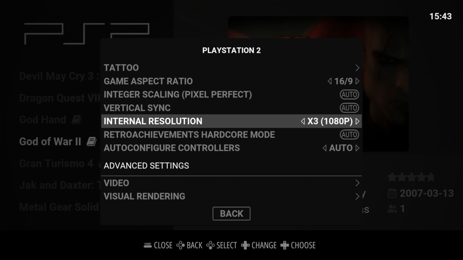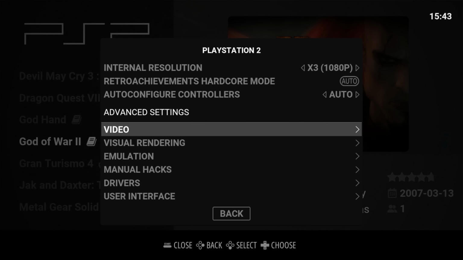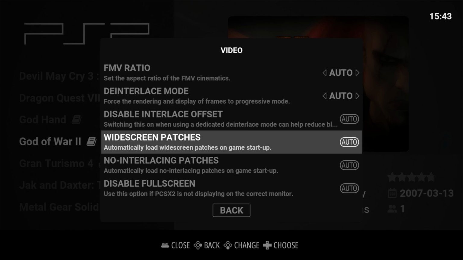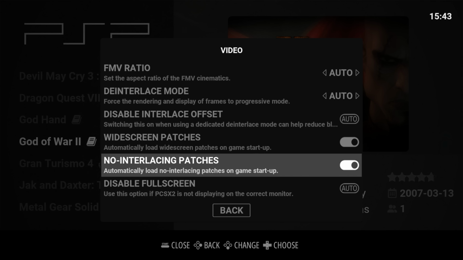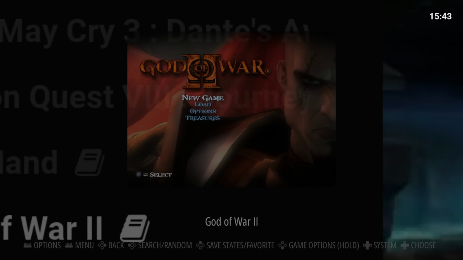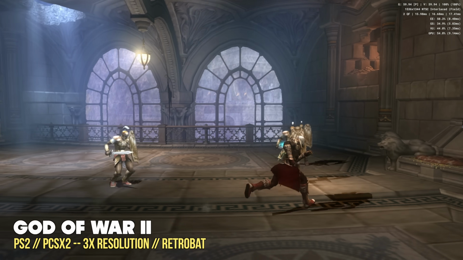And then finally, we'll go into the advanced, then video section. Here we'll find our widescreen patches, so we'll turn this on. I also like to use the setting below it, the no interlacing patches, so I'm going to turn this on as well. And so there we go. Now anytime we open up a PS2 game, it's going to play it in full screen 16:9 and then apply any sort of widescreen patches as well. It's also going to upscale the resolution to 1080p,